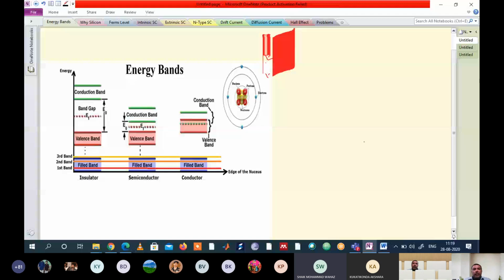I told you in last class regarding atomic structure, where the atom is a combination of nucleus plus electrons revolving around the nucleus, and nucleus is a combination of protons plus neutrons, and protons are positively charged particles. So therefore, nucleus is also a positively charged particle. And this atomic structure is similar to that of our solar system, where at center the sun is present and revolving with 9 planets around the sun, like Mercury, Venus, Earth, Mars, Jupiter, Saturn, Uranus, and Pluto. So here it is exactly similar to that of our solar system.